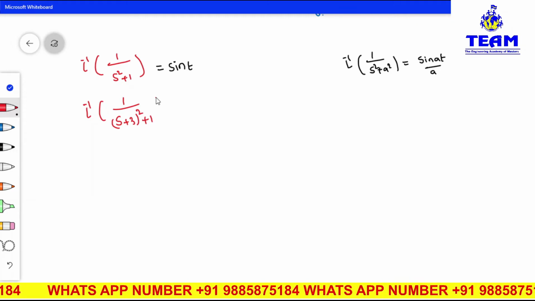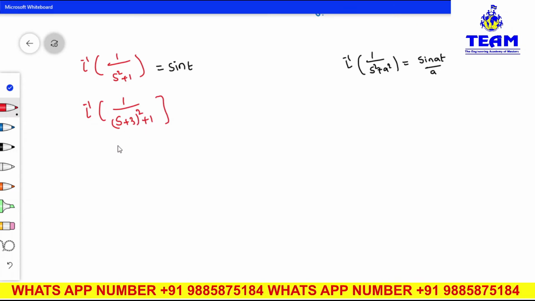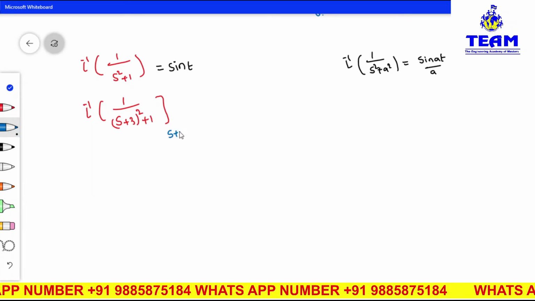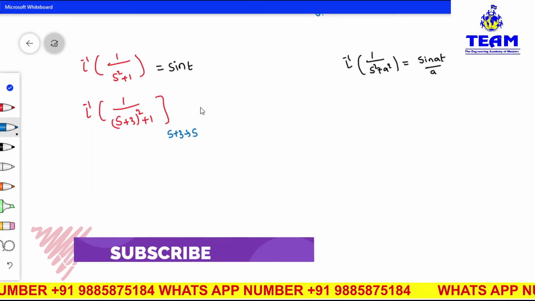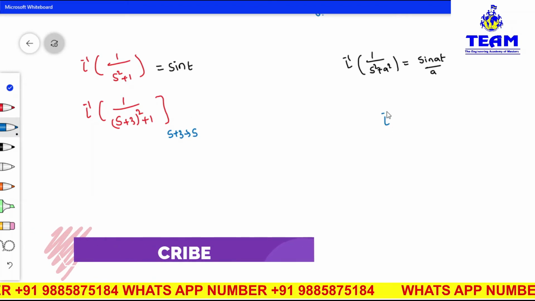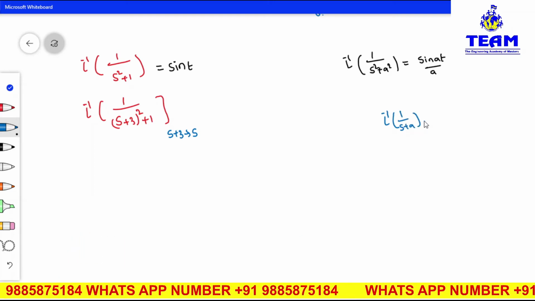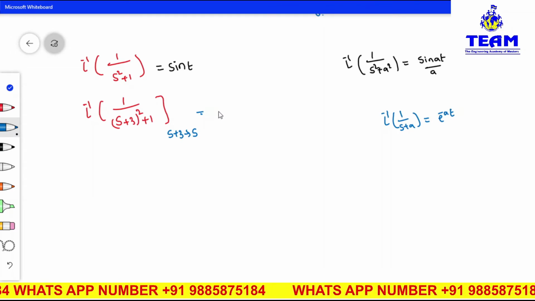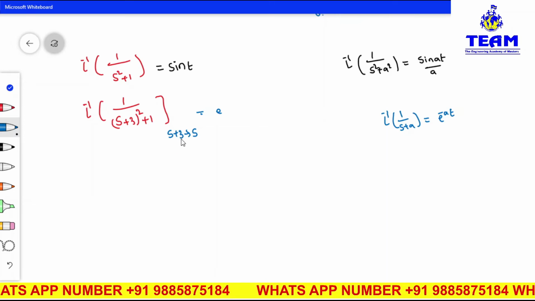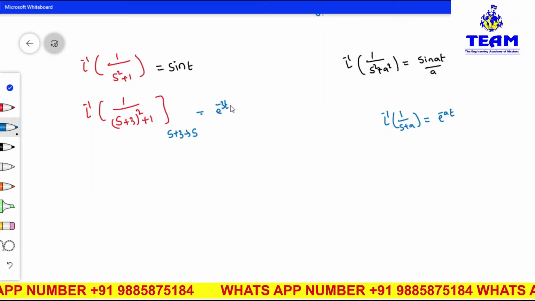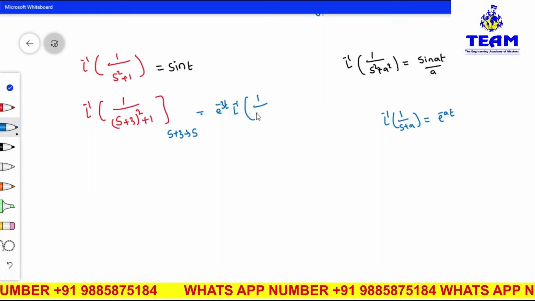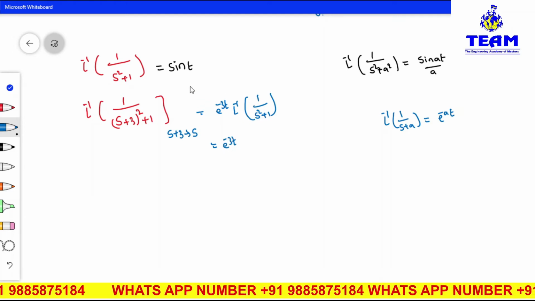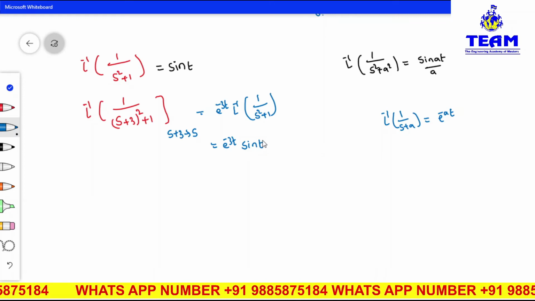Now the next problem is L inverse of 1 by (s plus 3) whole square plus 1. Actually it should be s square plus 1, not s plus 3. So what you have to do here is convert s plus 3 into s. Whenever s plus 3 is there, you know the formula: L inverse of 1 by s plus a is equal to what? E to the power of minus at. So what to do now? Write down e power minus at, nothing but e to the power of minus 3t, in place of a I have actually 3, into L inverse of 1 by s square plus 1. So this is e power minus 3t into, 1 by s square plus 1 is what I have? Sin t.